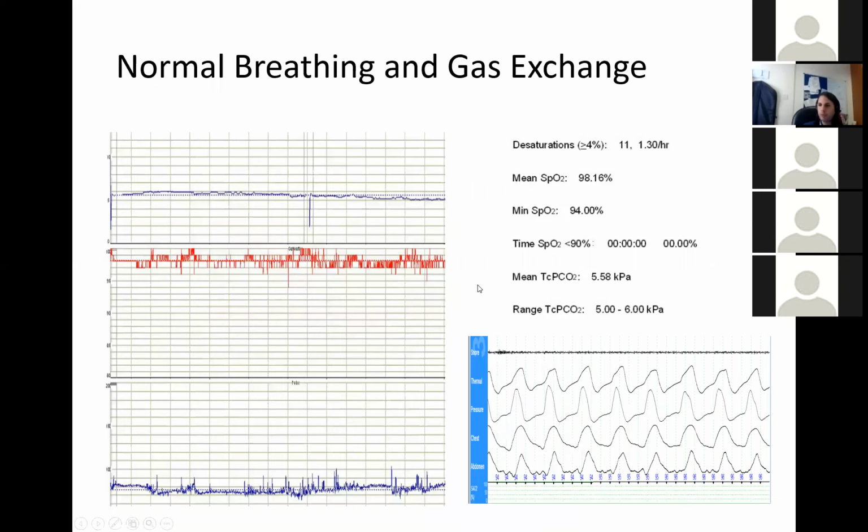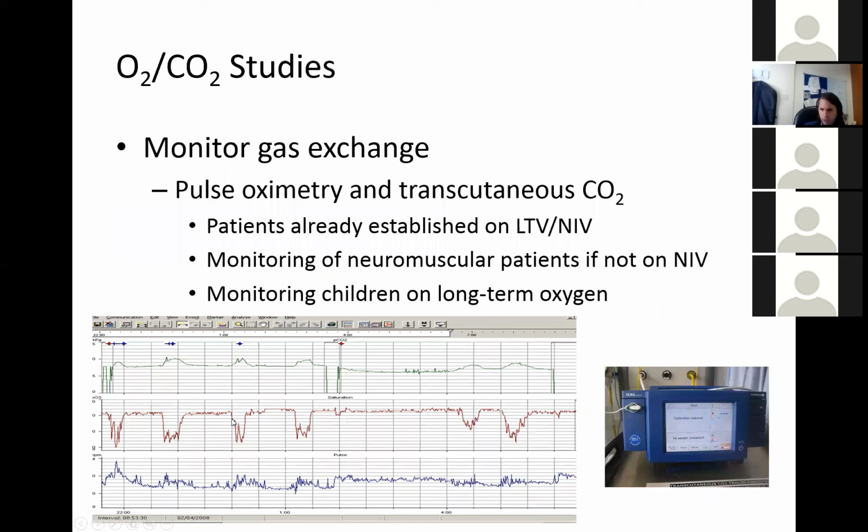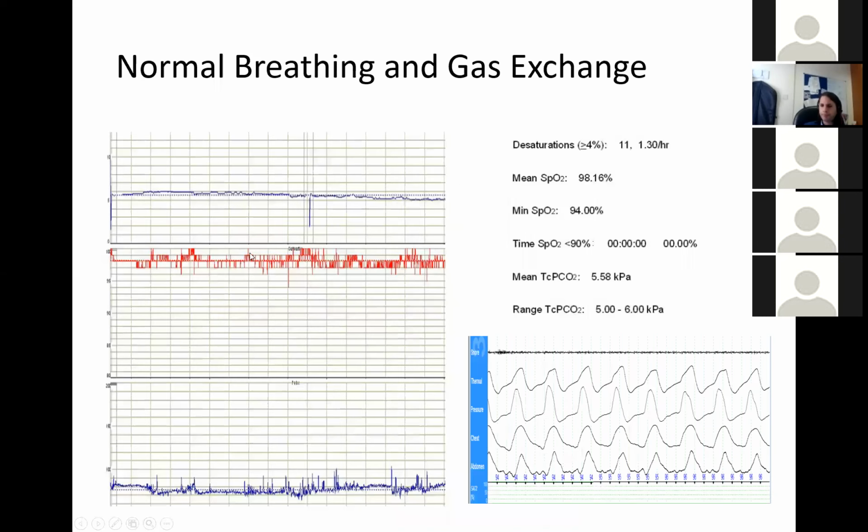Here's an example of a normal one. You can see the oxygen trace is much more stable here. So here's a 95% line. It's not really dipping very low. This is normal variability. Here you can see the dips are much more defined and deeper. Very stable CO2 trace here. This bit's been taken out, so that's clearly an artifact. And then you get the heart rate here, and then you get a readout like this, where it shows you the mean SATs, the minimum SATs, and the time you spent with oxygen less than 90, and then your mean carbon dioxide and a range. And this is what you want to be seeing.